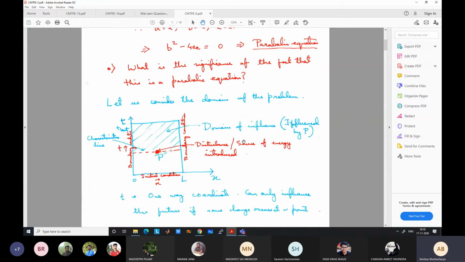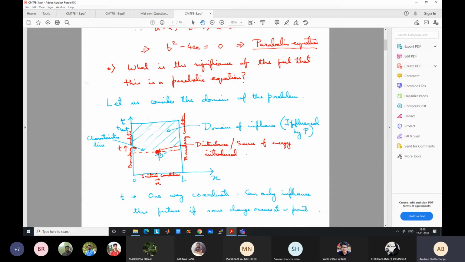And in this case, the domain of influence is the top part above, say, a certain time. If you have a certain disturbance, you draw the T and X domain on the T and X plot. Okay, so X is the X direction, T is the time direction. You can draw the domain on the T and X plot, right? So going from say 0 to L, which is the length of the domain, and from 0 to T, which is the final time, T last.